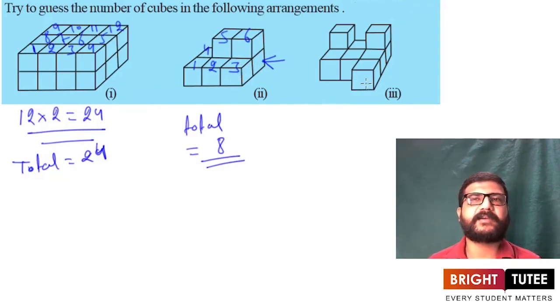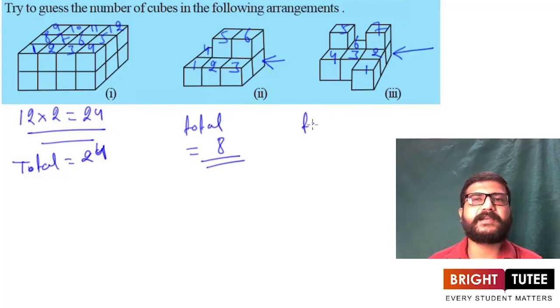Now the next one, the third figure here, we have to count again number of cubes. So let's count them. First let's count cubes which are visible to us. 1, 2, 3, 4, 5, 6 and 7. So these are the 7 visible cubes. Now do we have any other cubes which are hidden? Yes, we are having 2 more cubes here which are hidden, and one is below the cube number 5 and one is below cube number 7, and that cube can be viewed from here as well, this cube here.